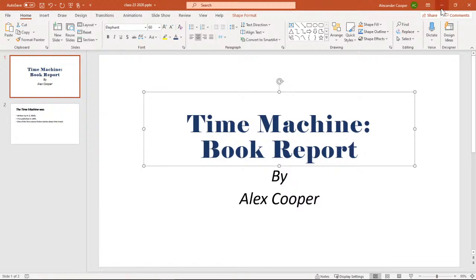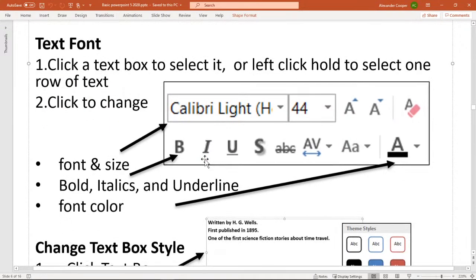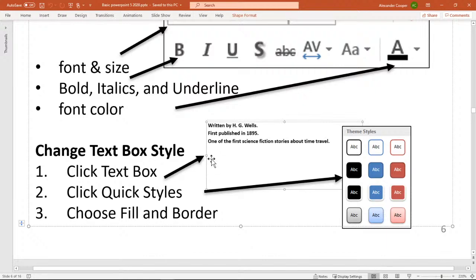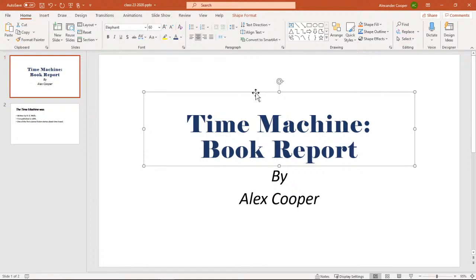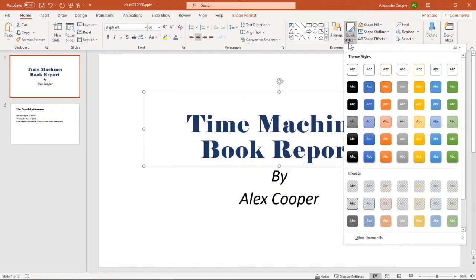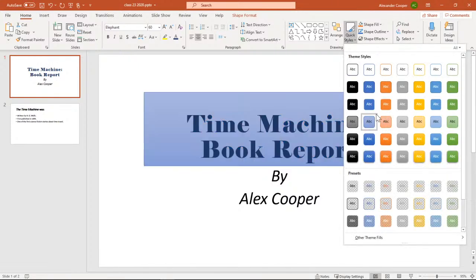Now, let's go ahead to our next section since we kind of covered all that. Let's talk about our text box styles, okay? This is something that I will use a lot, just very quickly. You've got your text box chosen. You go up here to where it says Quick Styles, and it automatically does all this stuff. So you can just hover and kind of do with what you want to. Most of the themes that we will choose and play around with will actually have pre-made ideas of what they want to change the font to and everything. Remember, anytime you can go back and change the font to whatever you want to, even after you choose a theme.